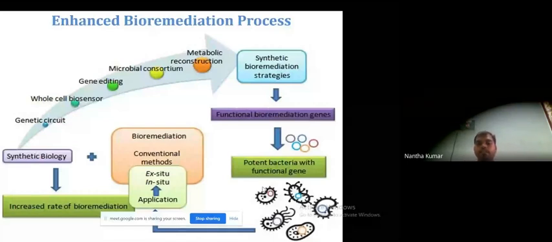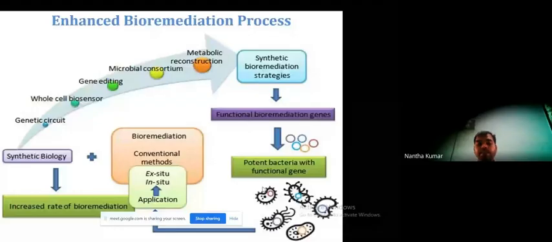So those specific functional genes need to be identified in the effective bacterial strains, and that identification,